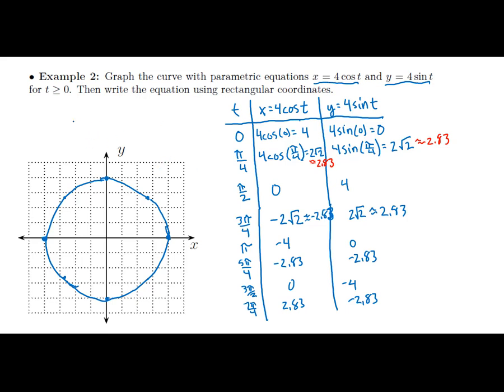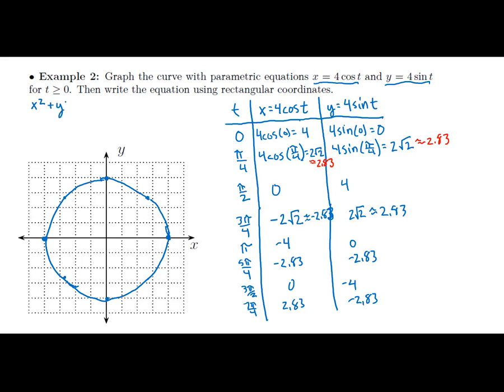However, what I can do is this. I always have in my back pocket our favorite identity, right, which is the Pythagorean identity. So anytime I can make sine squareds and cosine squareds add together, I know that that turns into 1. So I'm gonna do that. So I'm gonna take x squared